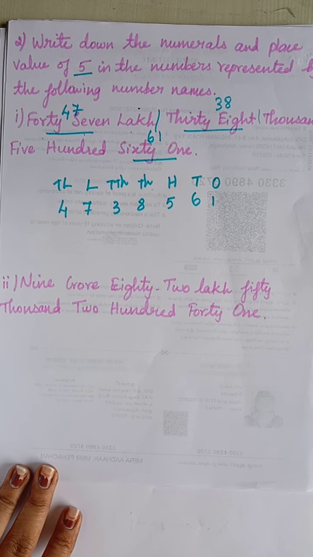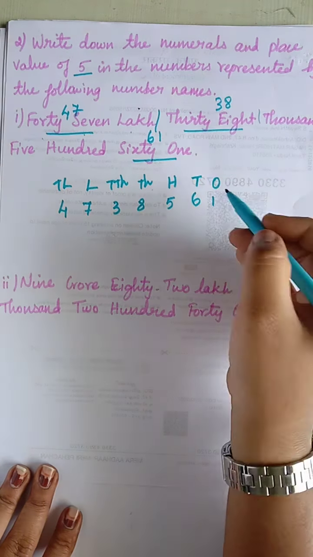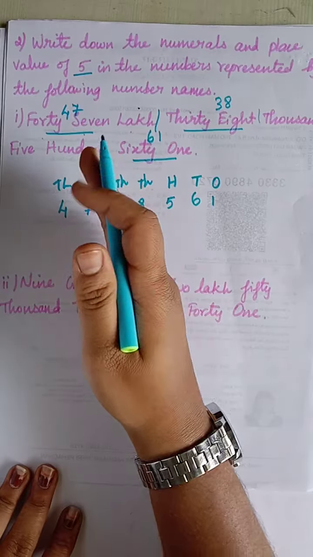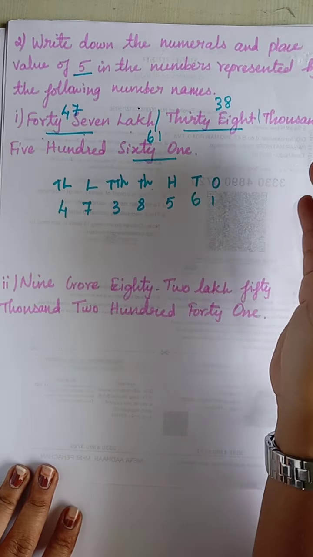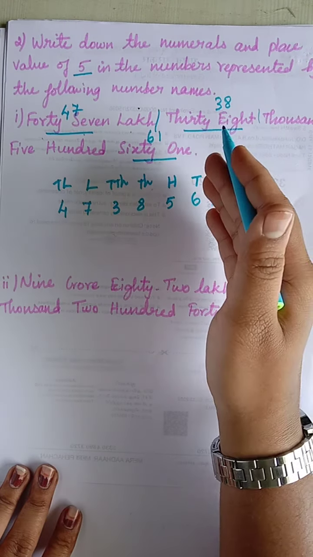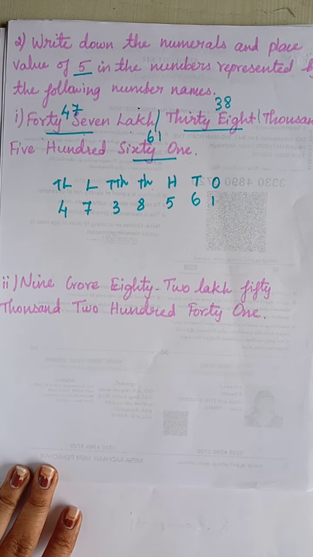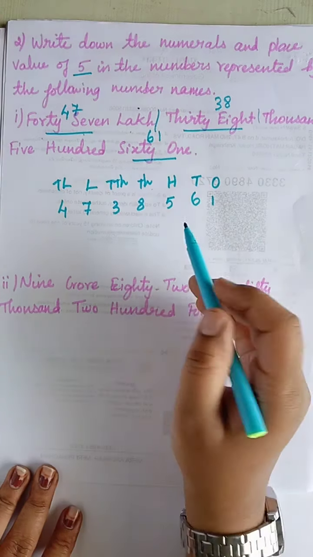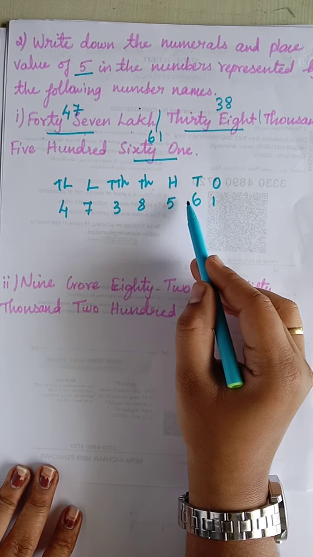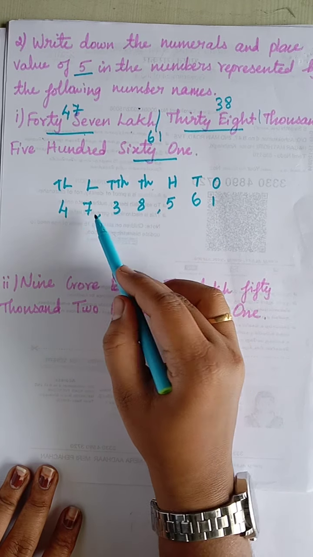Very simple. Now the first, how we have to give number name means, first you have to write the place value chart, then split பண்ணிக்கோங்க. lakh தனியா, 1000 தனியா, 100 தனியா, ones தனியா split பண்ணிட்டு then you have to write the place value numbers. Then we have to give commas. 1 2 3 comma 1 2 comma 1 2.